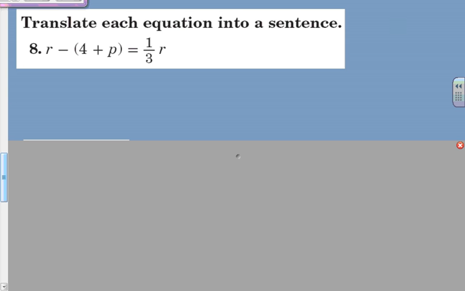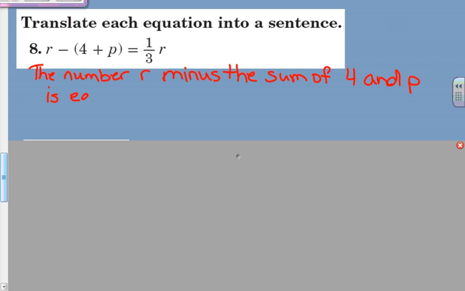But for example, this one, I would say the number R minus the sum of four and P is equal to